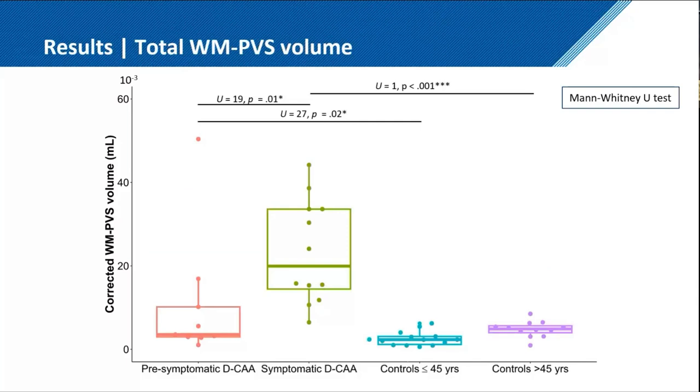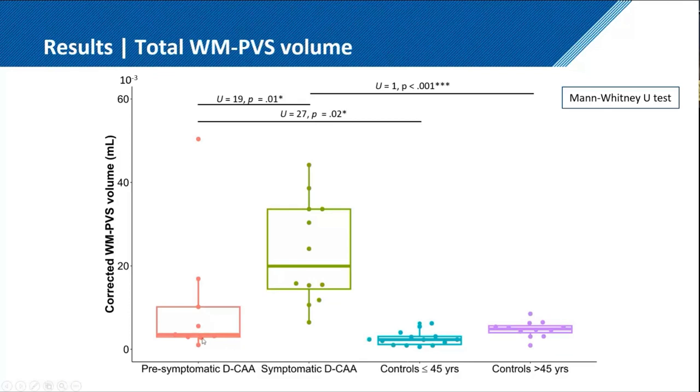Then moving on to the results. So first of all, we see an increased corrected white matter perivascular space volume in the symptomatic CAA compared to their controls. So the green compared to the purple. We also see an increased volume in the symptomatic CAA compared to the pre-symptomatic CAA. And lastly, and most interestingly, we already see an increase in the pre-symptomatic CAA compared to their matched controls,